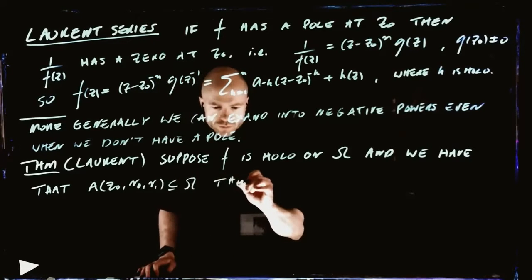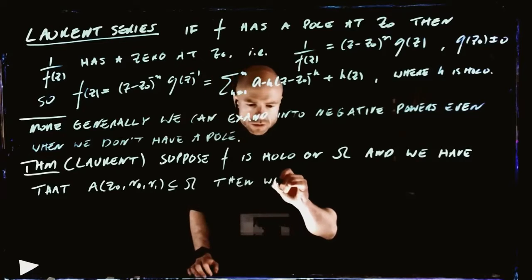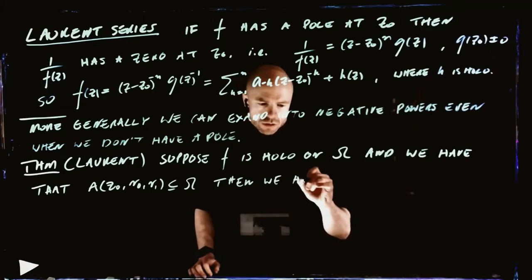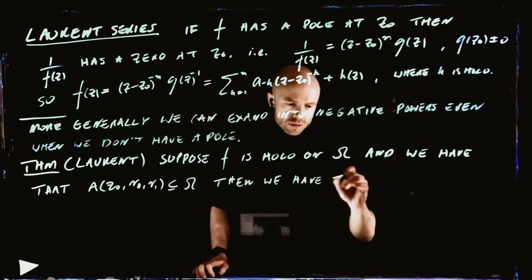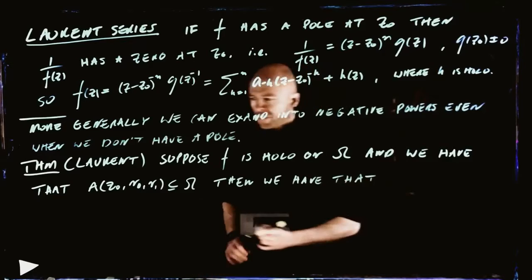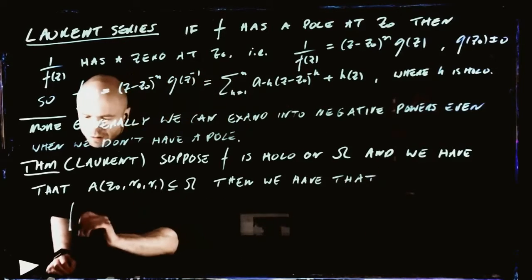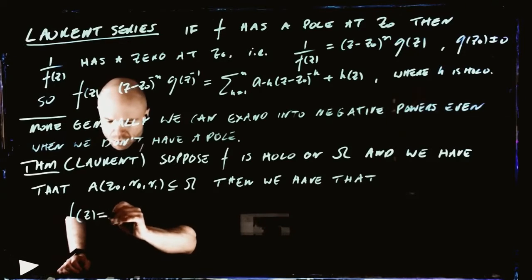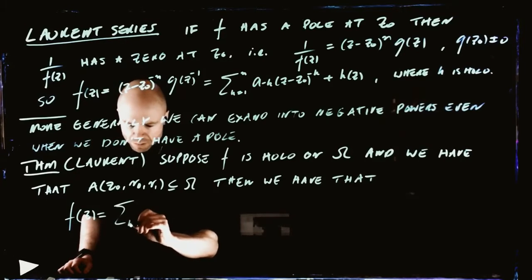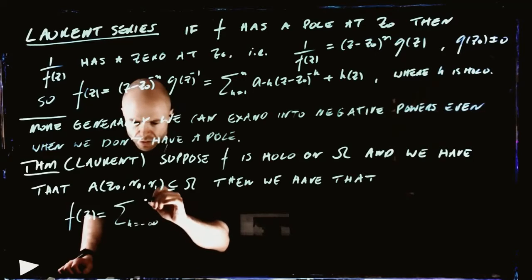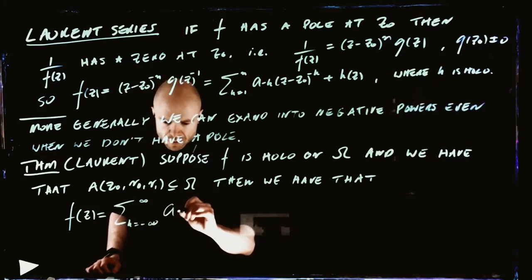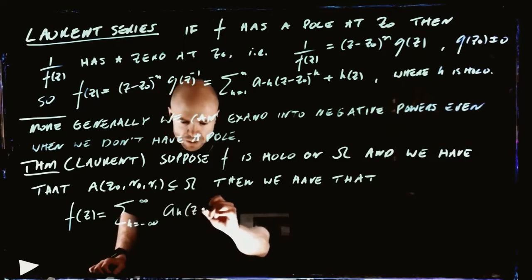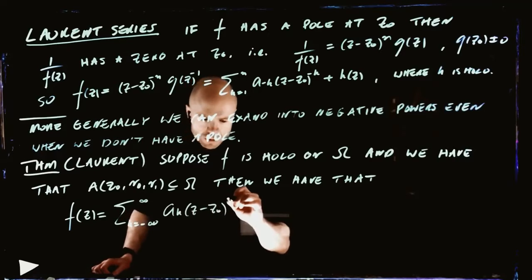Then we have that f of z is equal to the sum from k equals minus infinity to infinity of a_k (z minus z0) to the k,